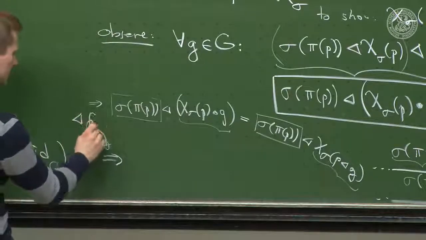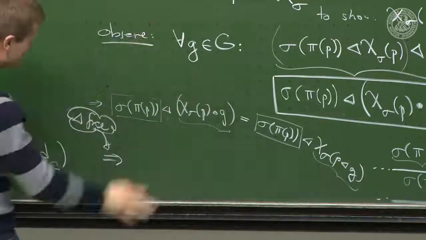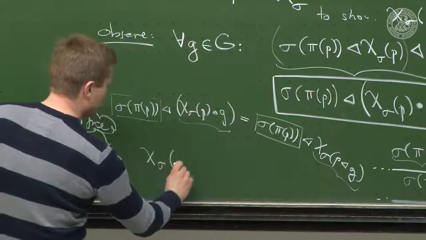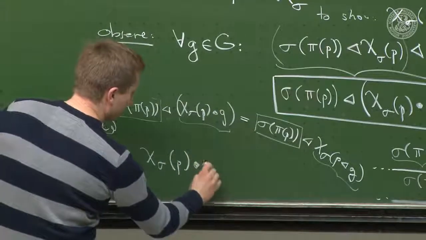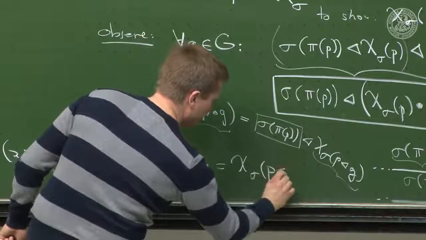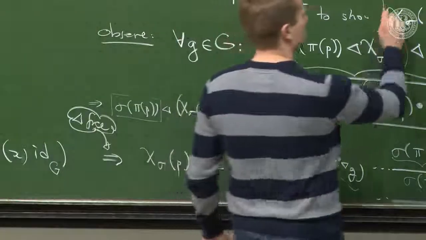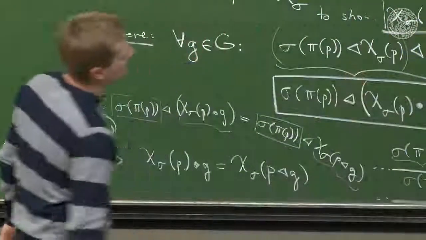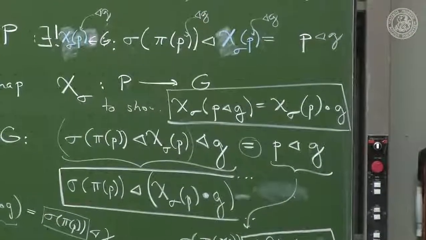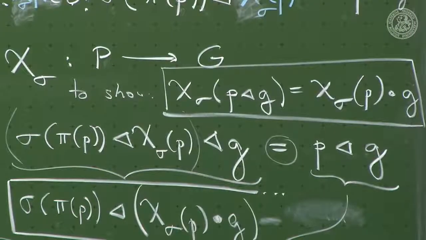So because this action is free, yeah, thank you, I didn't see it. Just use the definition again. That means that the group element chi sigma of P blob G ought to be chi sigma of P, action of G on the right, and this is what I wanted to show. Okay, good, good. So this is something we needed. Okay. Now, once we have that,